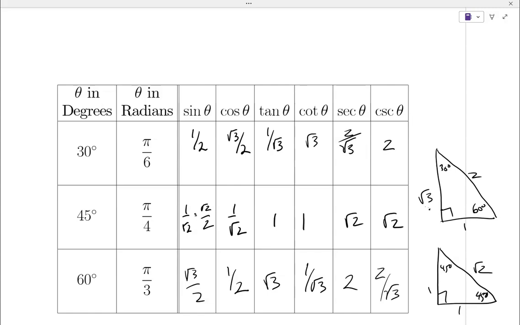Notice that we filled in the last 3 columns knowing the first 3 columns, right? You didn't have to think about it every single time. We could have also filled in the 3rd column using sine and cosine, right? We go back up